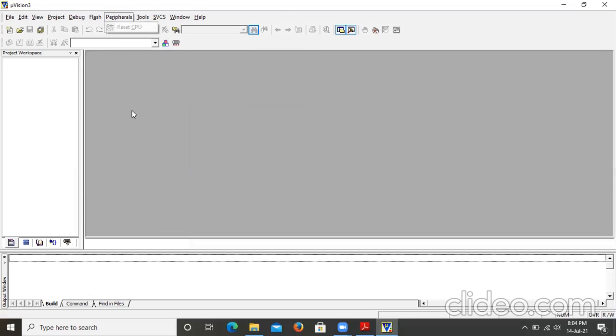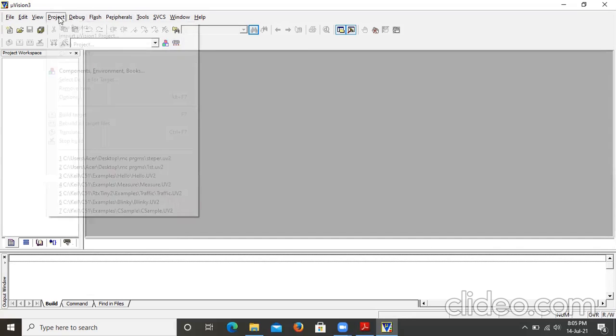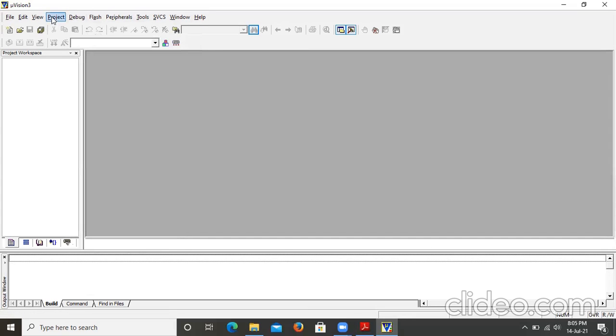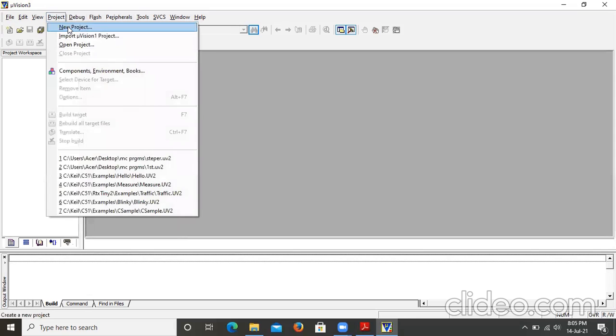In today's session, we'll see how a simple ALP will be written and how it will be executed with Keil. Before that, we need to create a new project. So go to Project, select New Project.